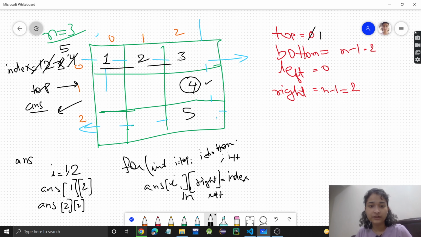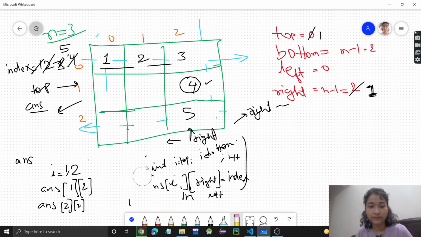So see, we have done this column also. Now this last column is filled, so obviously no other elements can come, so I will shift it. Right is at the last column right now. Now I will shift this right to this, so this will become the last column, that is, right will be subtracted by 1. So right minus minus. After this for loop I will do right minus minus.